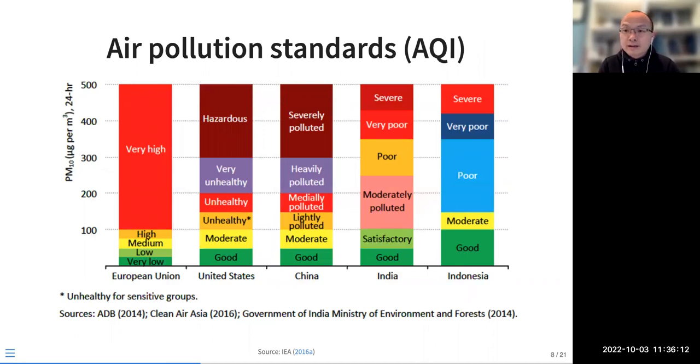In order to regulate or handle air pollution, different countries create air pollution standards, AQI. As you can see here, the EU has probably the highest standard. The US and China are very comparable, just with different names, while India and Indonesia have comparatively looser standards. But the definition of good is really connected to